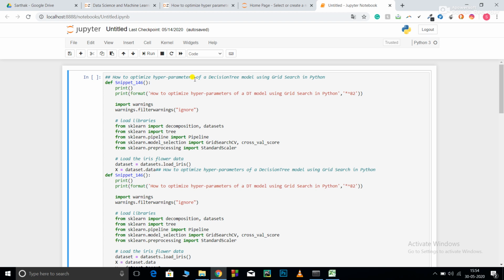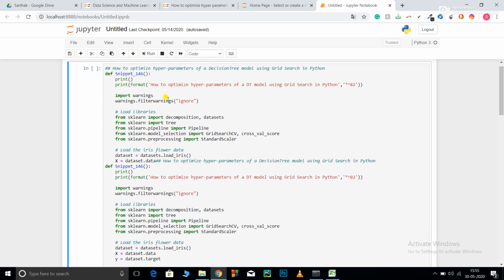What GridSearchCV does is make all the possible combinations of the hyperparameter lists that you have passed. It makes a model on each of these possible combinations, trains your model, and gives the result of the best model, along with the best hyperparameters that it has selected for you. Over here we are performing this on a decision tree. So now let's get started.